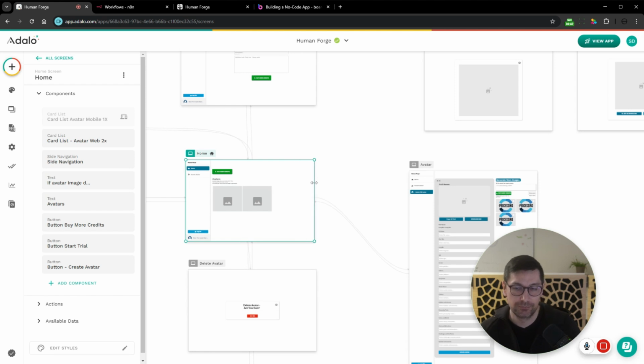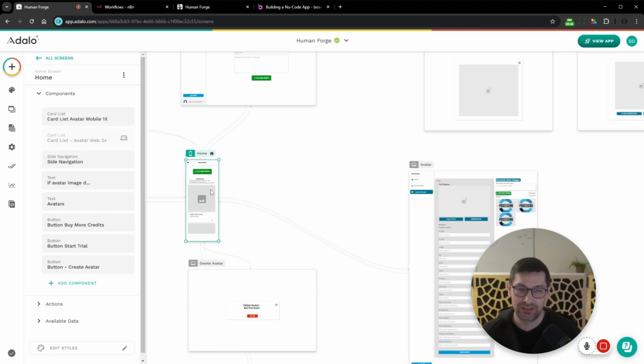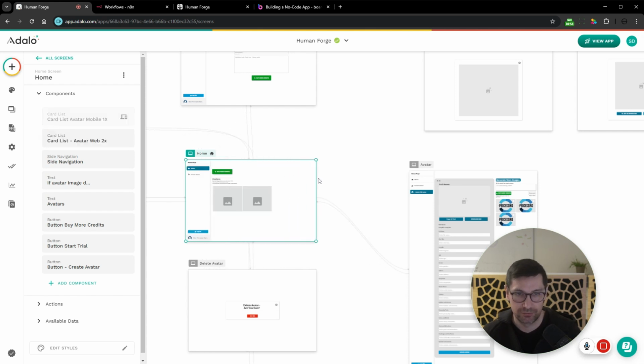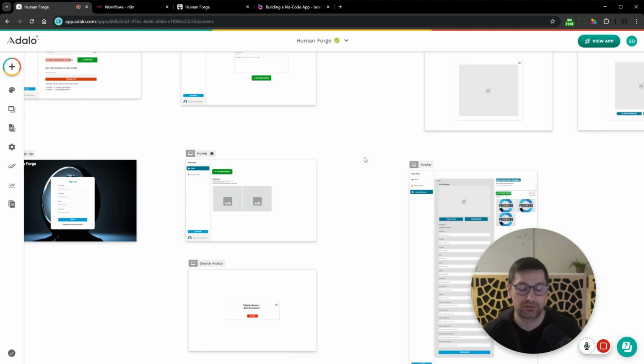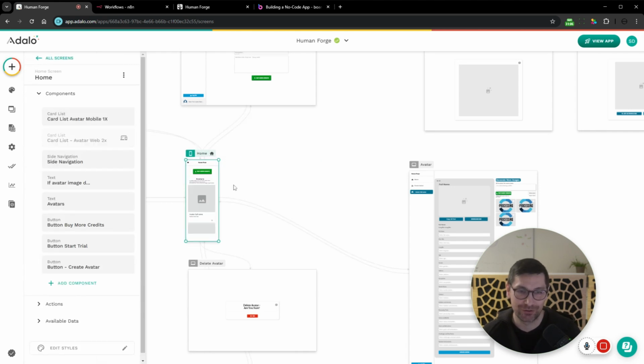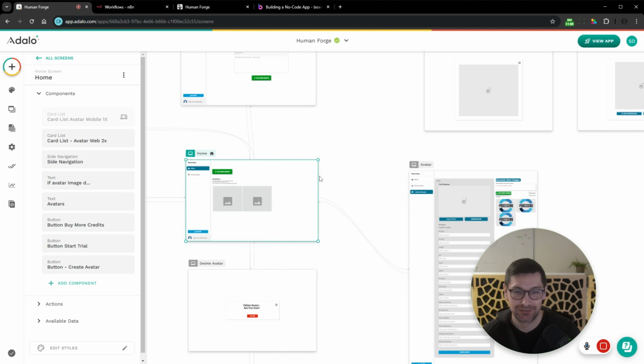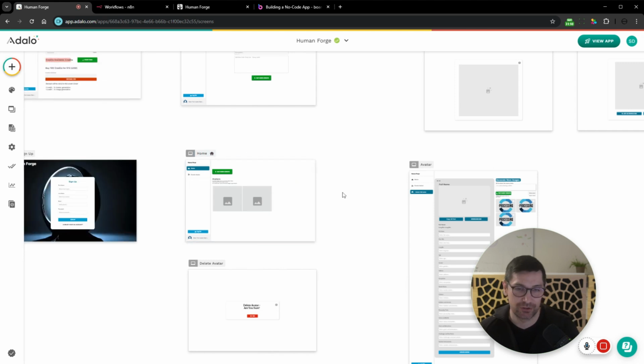They tell you, if you read some of the documentation, that it's best to start designing in mobile view and then rearranging the layout to tablet and then to desktop. And I would suggest doing that. Start in mobile, start with the smallest screen possible, and then scale it up